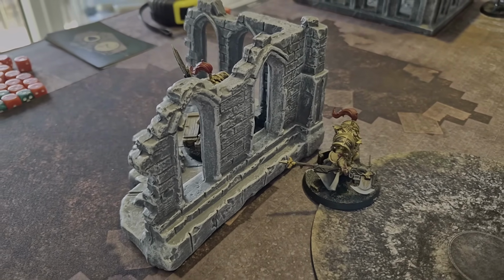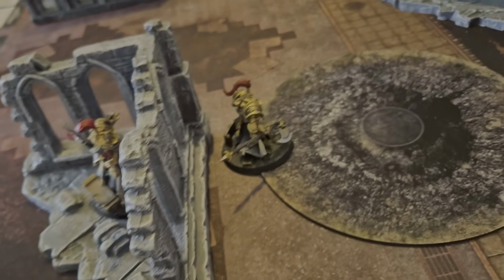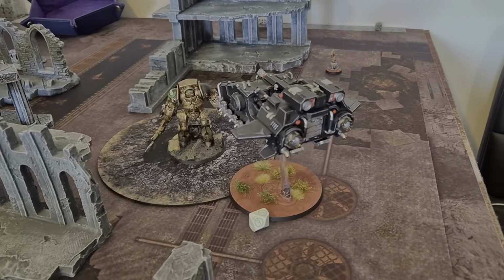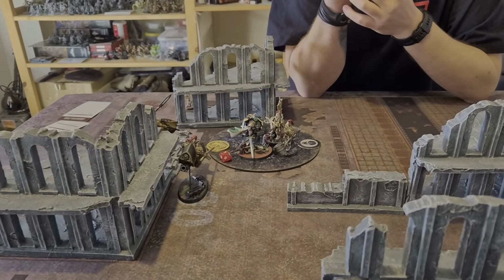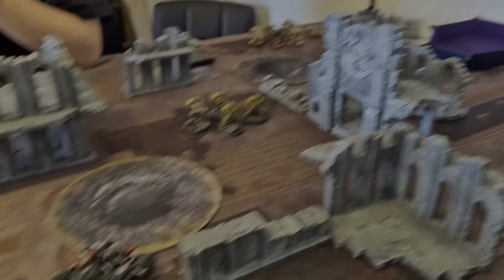I also then drew Overwhelming Force, which is kill an enemy unit on an objective. The lion's on an objective, the Hammer Strike's on an objective, and this dude's on an objective. So potentially that's 5 VP if I can kill all 3 of them. Or even 2 of them. Hopefully I should be able to do at least 2. Well, the lion's only got 3 wounds, but...